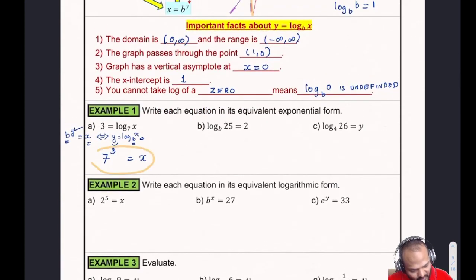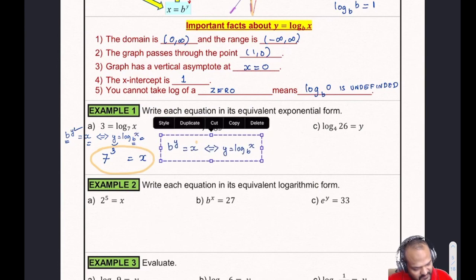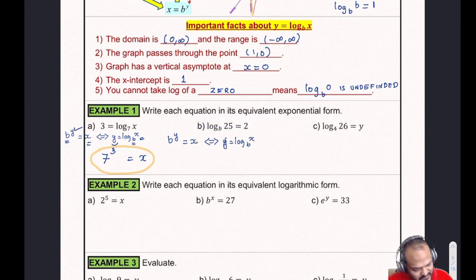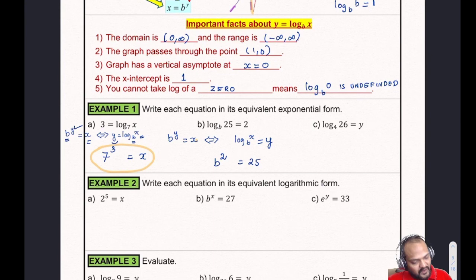On part B, what would that be? So again, if I paste it, I have this. Let me rewrite it for you so it's easier to see. Now this y is over on the other side. So again, this is b to the y is equal to x. Here my b does not change at all, b is b, and 25 is my x, so that is going to be 25 on the other side, and y is equal to 2. So the equivalent form is b squared is equal to 25, and here the equivalent form would be